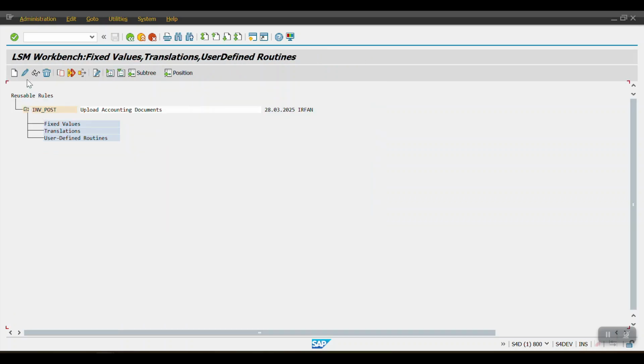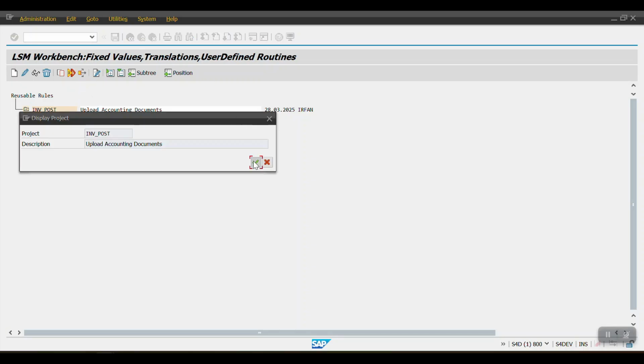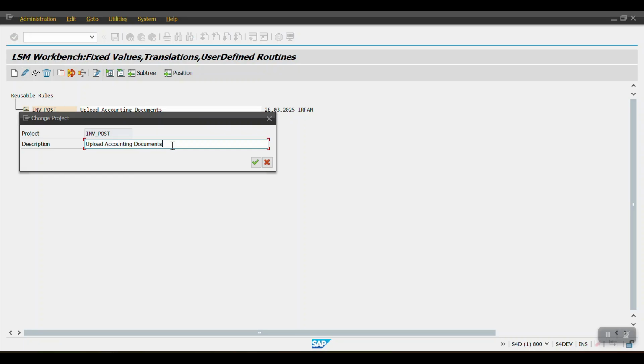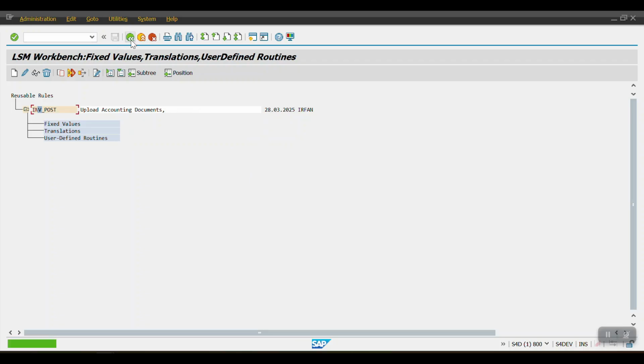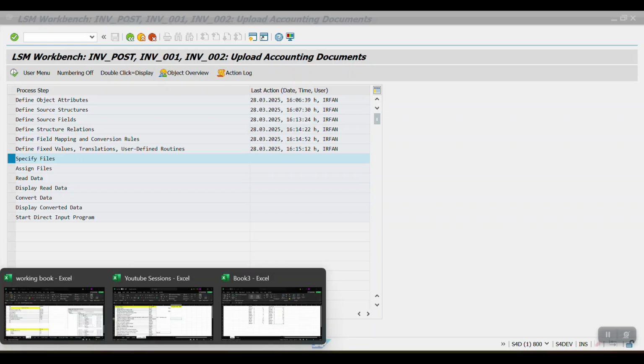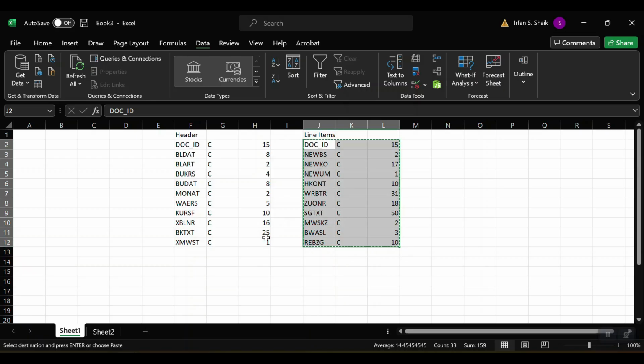Here we don't need to do anything. If you want, you can click on edit and change the name. Go back. Then here we need to specify the files. Now we need to create the file structure. To create the file structure, I will first